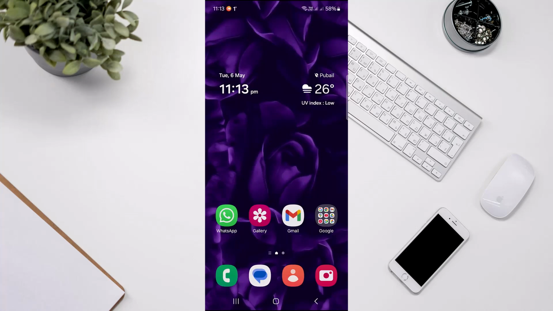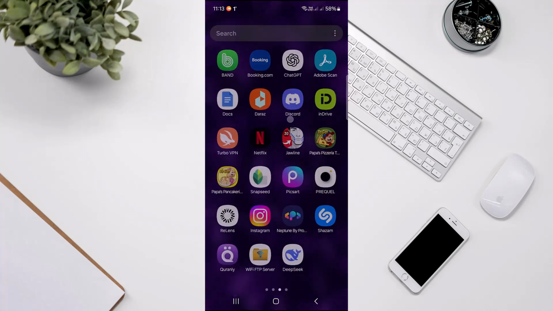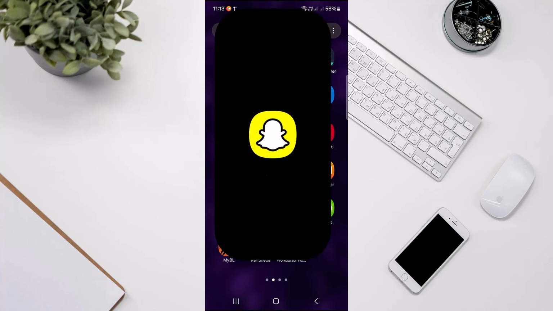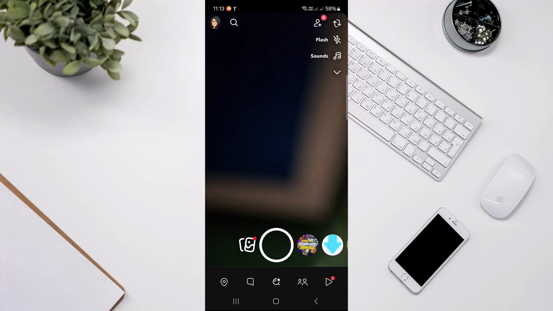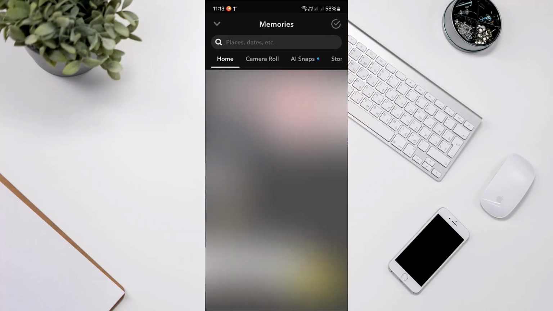In today's video, you are going to see how to remove the deleted snap on Snapchat. So to do that, let's head over to our Snapchat application first. Once you're there, make sure you have logged in into your desired account and then head over to your snaps,